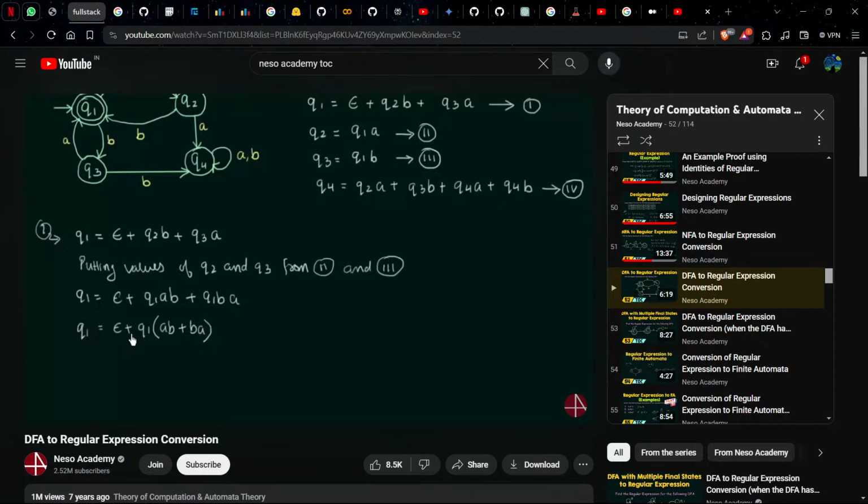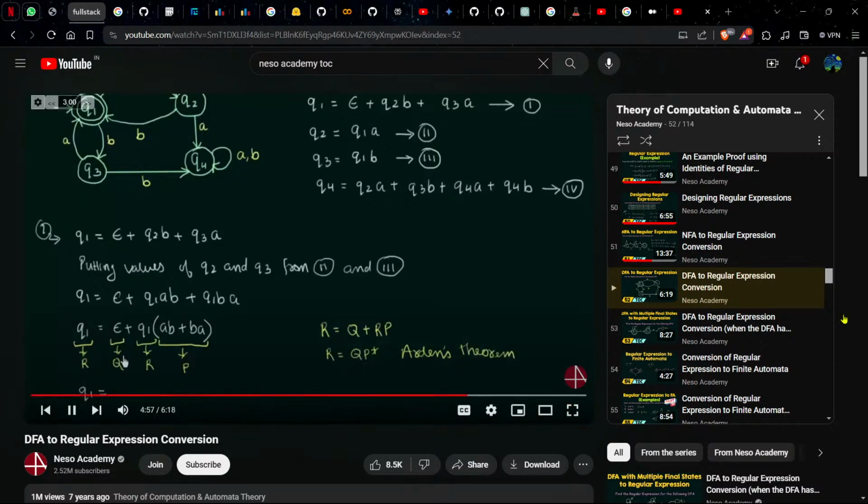Now if you observe this equation, q1 equals epsilon plus q1(ab plus ba), we can see that this equation is of the form r equals q plus rp, where q1 is r, epsilon is q, and this whole term over here is p. So this can be written as r equals qp star by Arden's theorem. Whenever you have an equation of the form r equals q plus rp, it can be written as r equals qp star by Arden's theorem. So this is of that form. So let me write it in this form. So r is q1 and qp star, q is epsilon, and